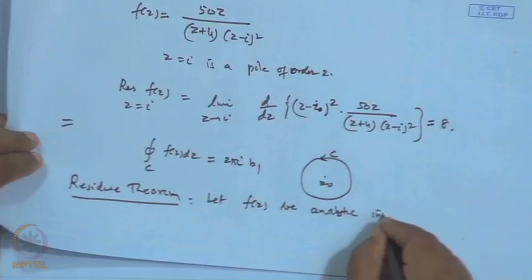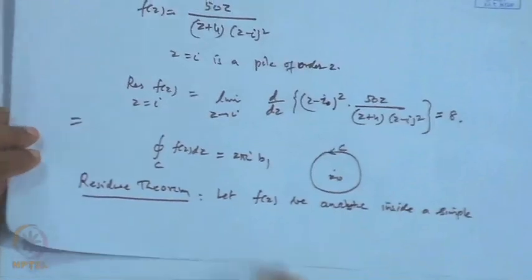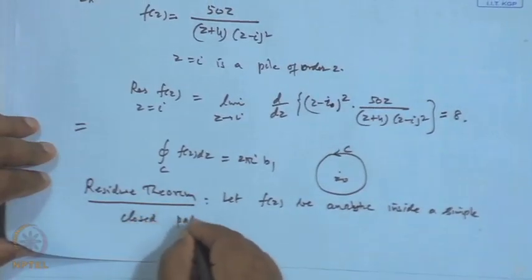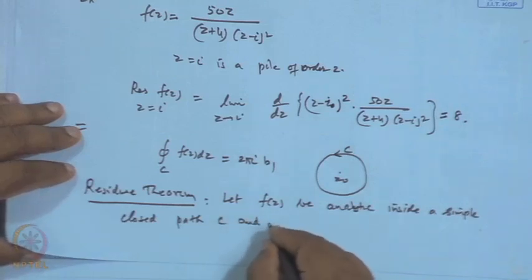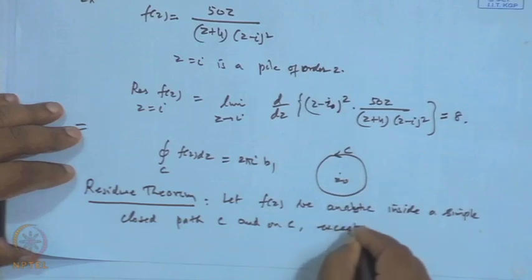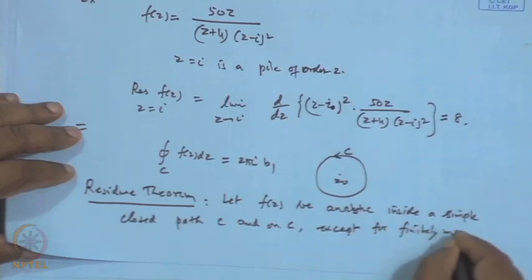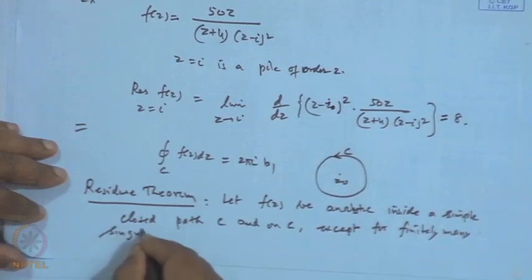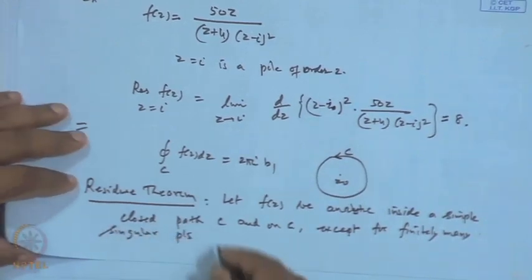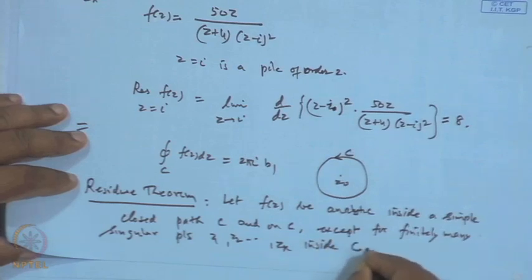inside a simple closed path C and on C, except for finitely many singular points z1, z2, ..., zk inside C, then the integral